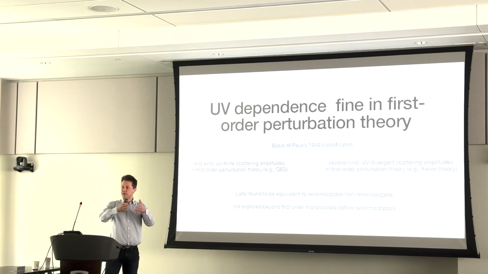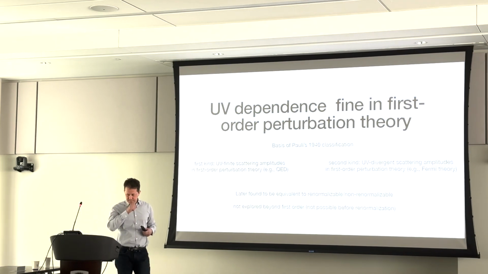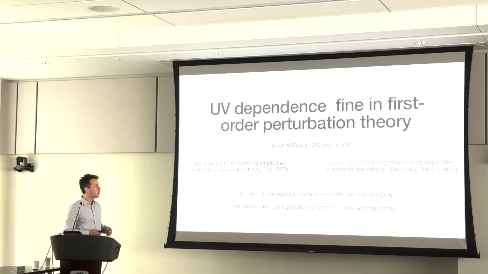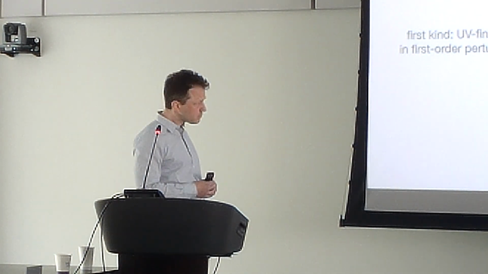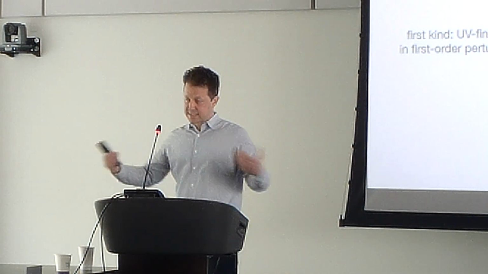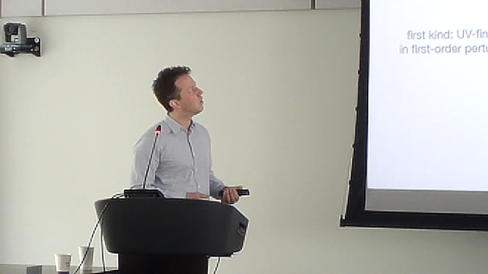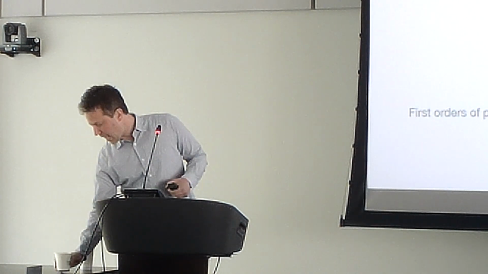And this distinction later on mapped perfectly to a distinction between renormalizable and non-renormalizable. But the UV behavior of QED, what it actually predicted, was of course at the time not explored beyond first order perturbation theory, for the very reason that one was not able to do that before renormalization, right? At second order perturbation theory, you would just get infinite results, UV limit or not, right? Good. So after renormalization,